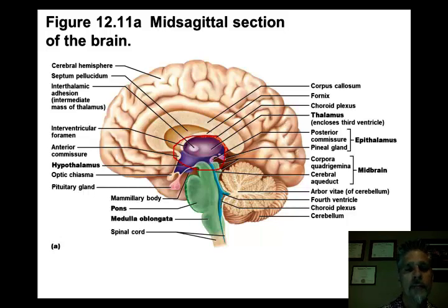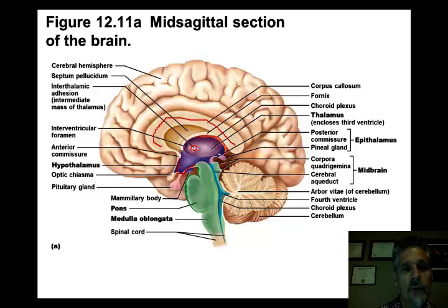And when you look at it, it kind of looks like a bird, if you will. So if you see it in its entirety there, we can see that there's a beak of the bird down here, right? You can see that there's an eye of the bird here. You may even call the corpus callosum here a big crest, like a peacock crest or a rooster crest or whatever. And then the head of the bird as well. So the head of the bird with the eye in the center is going to be the thalamus. The hypothalamus is going to be inferior to it, hence the name. And then the epithalamus, as we mentioned, forms the